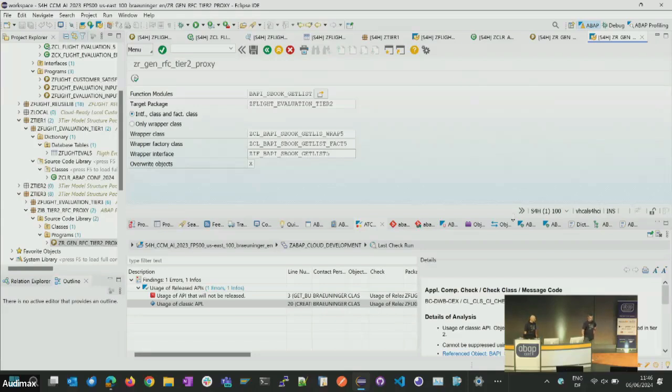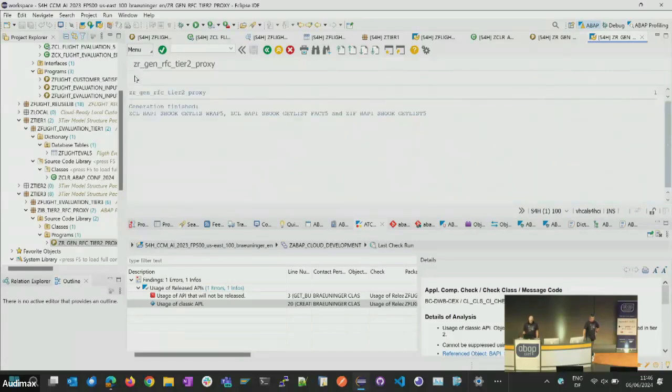So you can stay here. Let's do that. Hopefully that works. Now let's execute that generator here. And it will take 10 seconds to generate all the objects into our tier 2 package. Perfect, wonderful. So if I now open my tier 2 package and refresh it here,